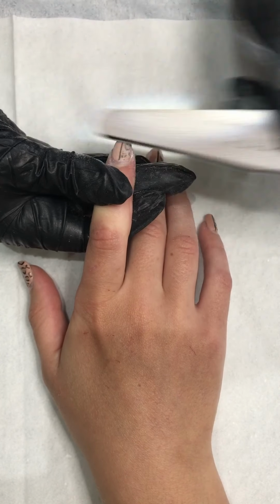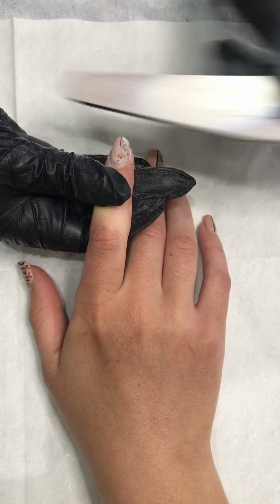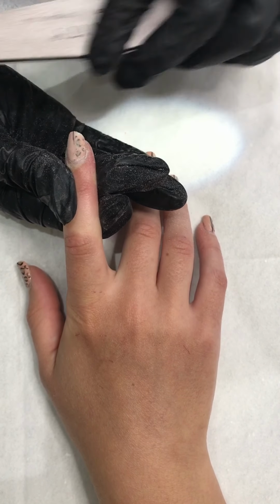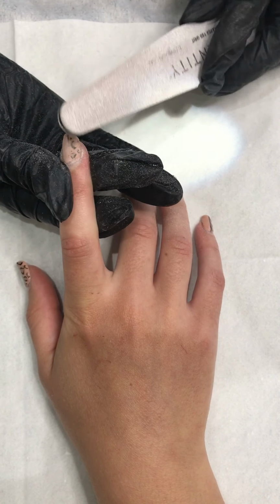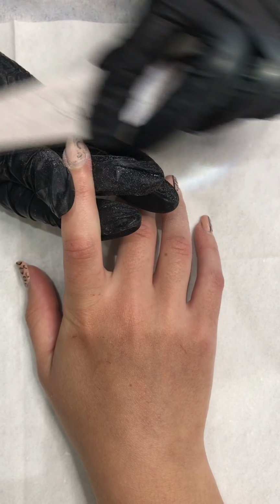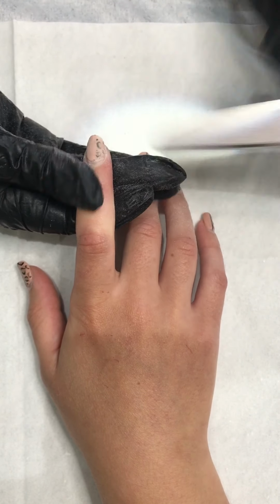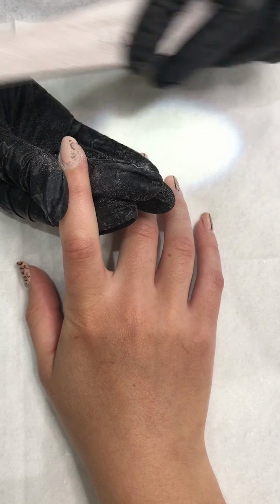Because we've got some nail art on this one, it makes it a little bit easier, because often you just remove the actual nail art design. So just keep doing it until you've broken all that seal. If you can see, this one's chipped a little bit on the free edge, so make sure you don't catch that free edge onto the natural nail, because we're trying to obviously avoid any potential damage. Okay, when you're happy with that,